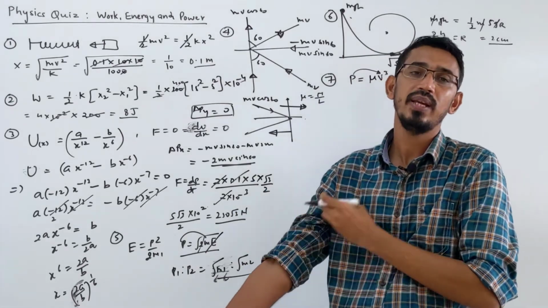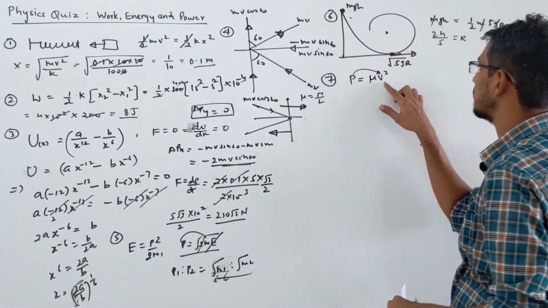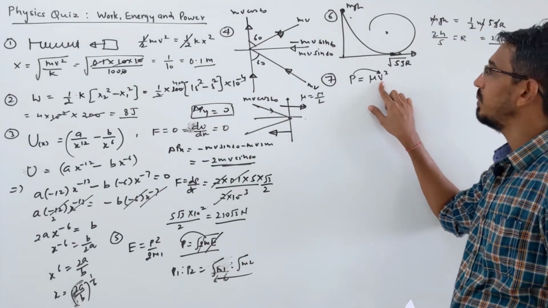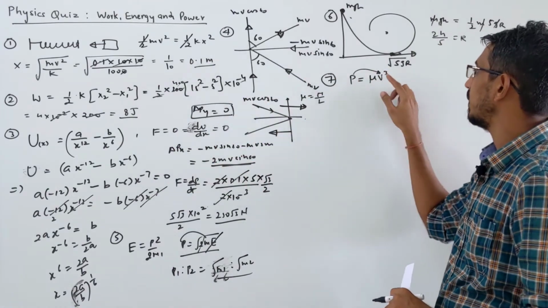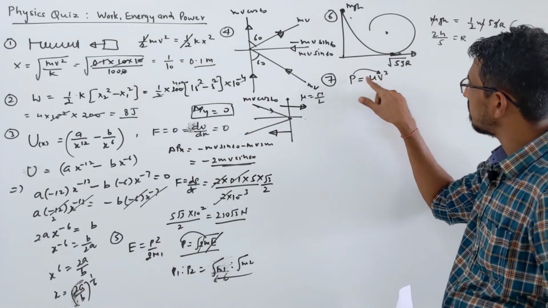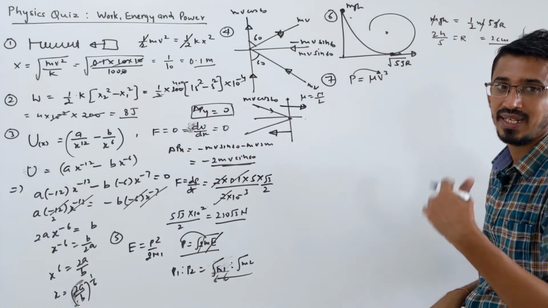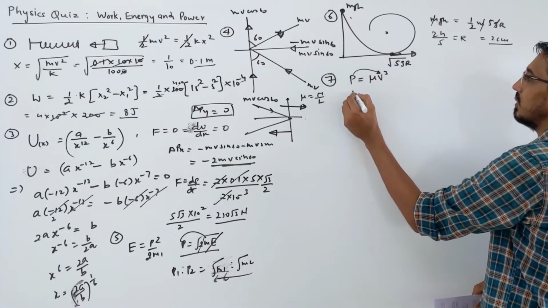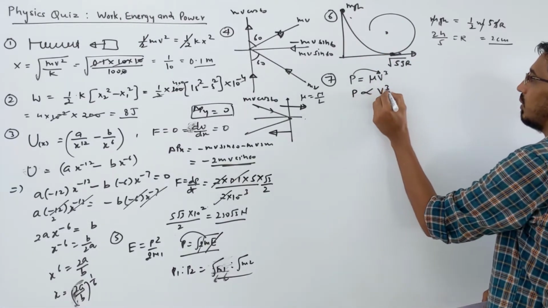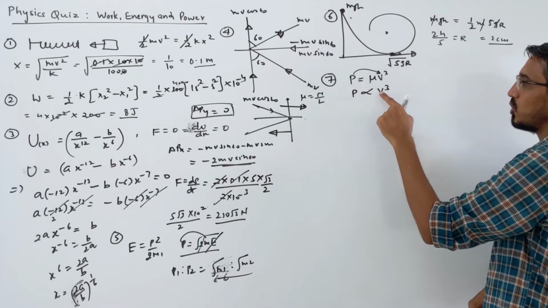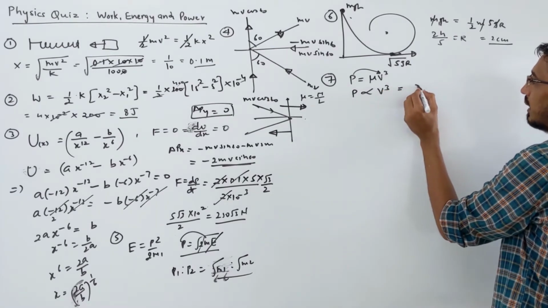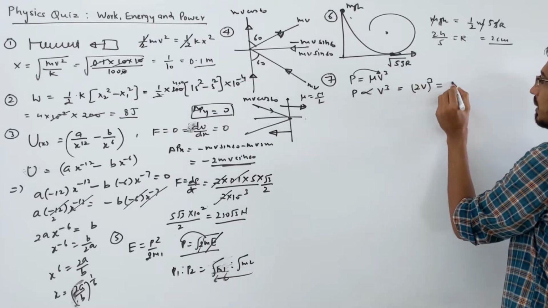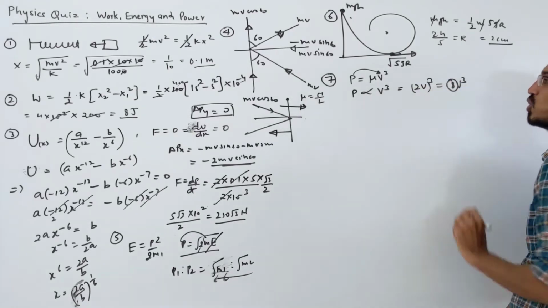So power, if you want to increase, then directly means how much liquid you want to make outflow. They said if you want to double it in the same time, so that will directly depend on only velocity. So if you want to double the output, you have to double your velocity. If you want to double the velocity, power should be increased by what? P is proportional to V cube. If you double this, suppose 2v cubed, it is coming 8v cube.